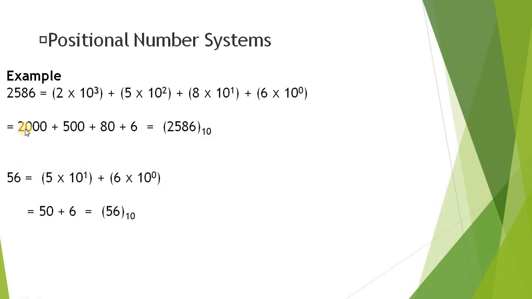So depending on the position where these digits or symbols are placed, its value is going to change. And how can we read these numbers? After calculating the result, we say 56, but usually we don't say the base, though it is always better to say the base. So 56 to the base 10, and this number can be 2586 to the base 10. So this is the important aspect related to the positional number system.